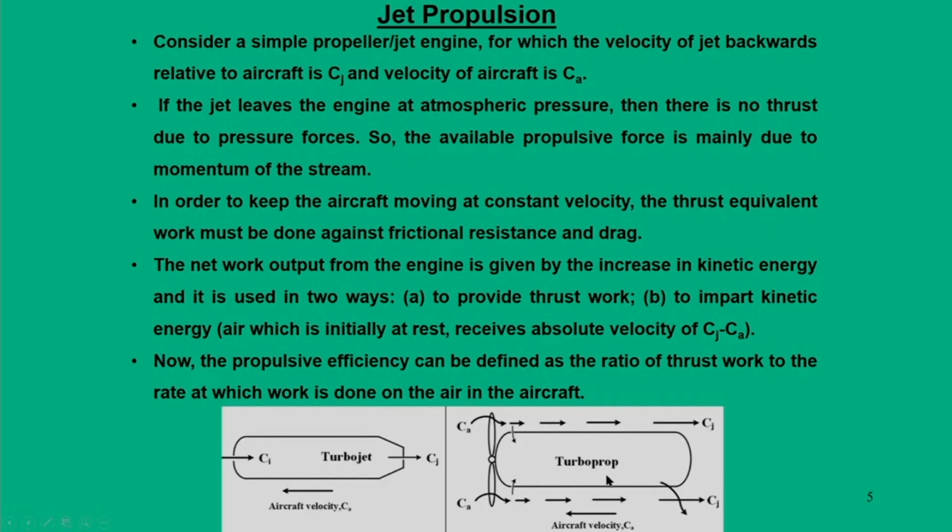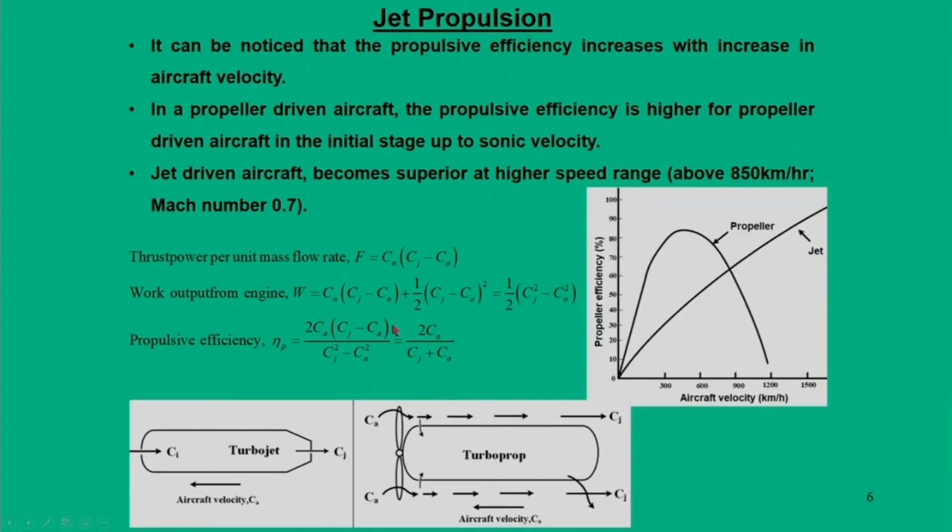Now, we are going to apply the same concept for turbojet and turboprop engines, but the concept remains the same. Propulsive efficiency is defined as the ratio of thrust work to the rate at which work is done on the air in the aircraft. From this, a simple relation can be made for thrust power per unit mass flow rate, that is F